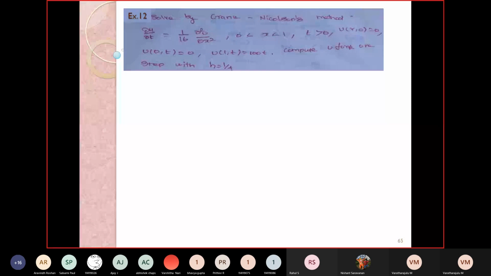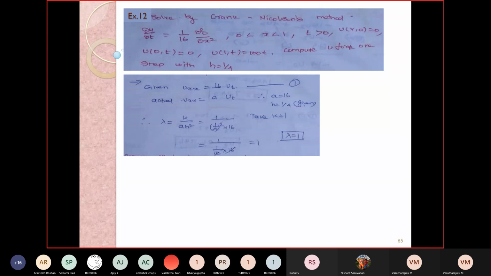∂u/∂t is equal to 1/16 ∂²u/∂x², where x varies from 0 to 1 and t is greater than 0. The boundary conditions are u(x,0) = 0, u(0,t) = 0, and u(1,t) = 100t. Compute u for one step with h = 1/4. Here h is given, and we are going to get t in one step,